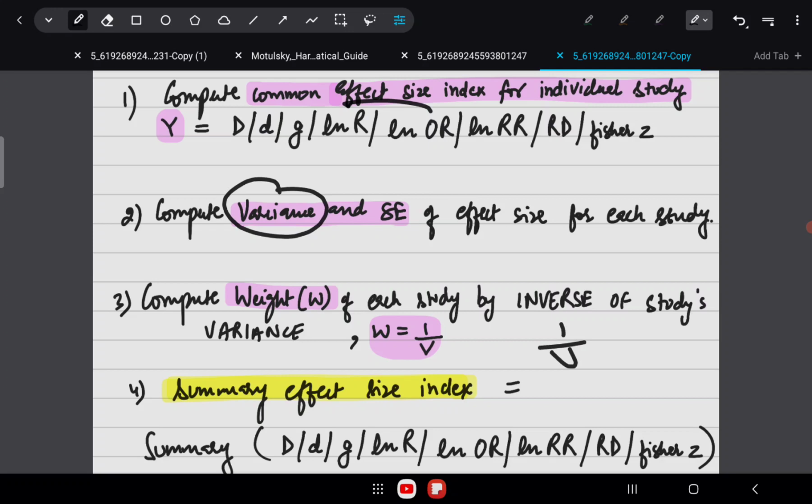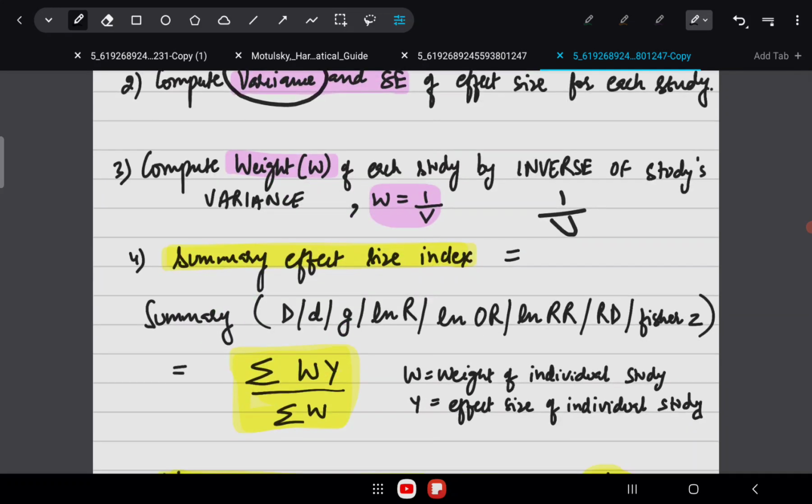Okay, so this is the first part. When you have computed weights, now you are ready to compute the summary effect. So remember the calculations for the summary effect: if your effect size index is in the form of some ratio, for example, if it is odds ratio, risk ratio, response ratio, or also in case of correlation coefficient, you have to